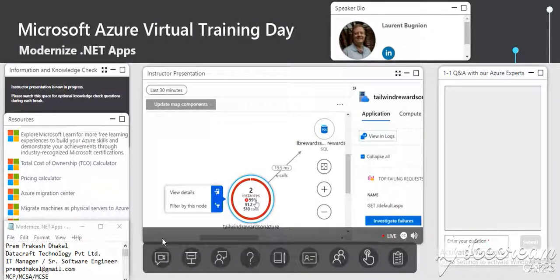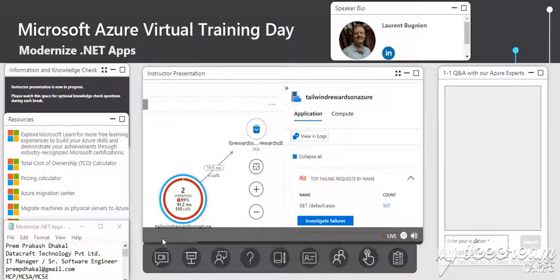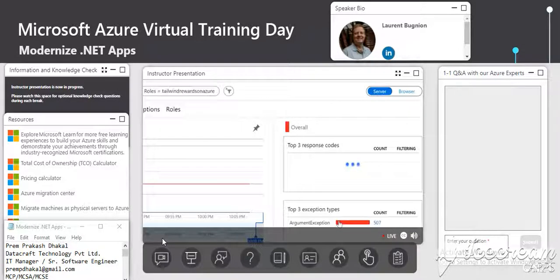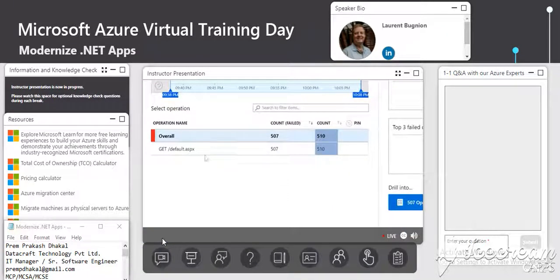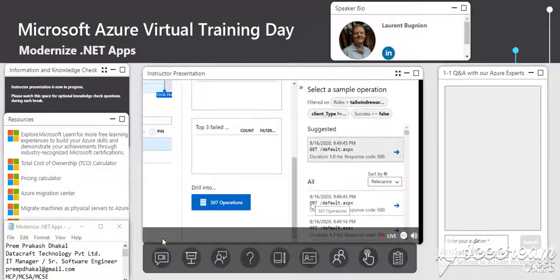You see that this node is red. Okay, red is not very good. It's probably some failures. And indeed, we see that we have some failures. So let's go and investigate that. We are going to dive a little bit deeper. Those are the failures that we see. We have quite a lot around 9:50 p.m. here. So we see that it has to do with a GET. So it's really the top request, which is already failing.